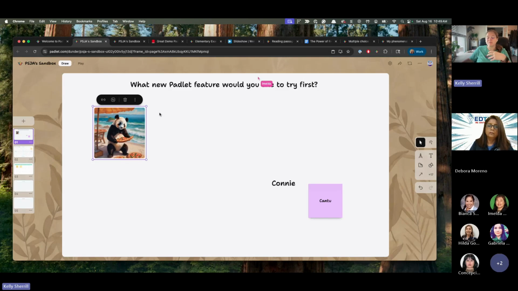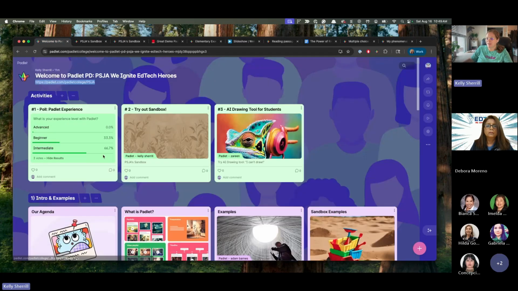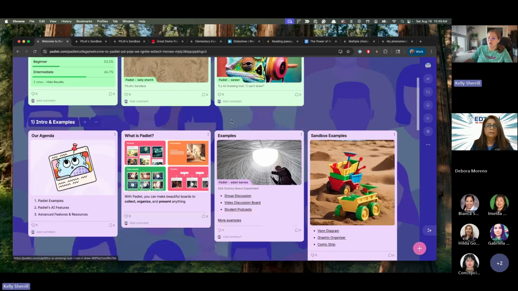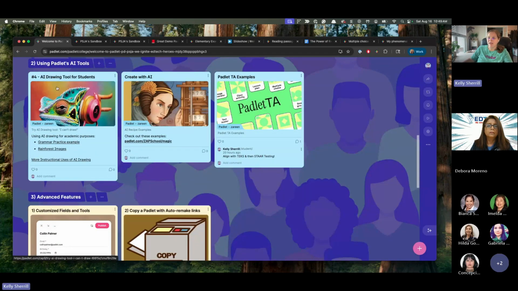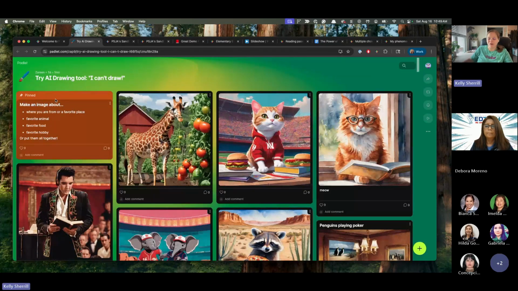We also have some teacher AI, just for teachers, and I'm going to hop into those in just a second. But next we have our last participation activity. It's number 3 here at the top with the chameleon, or it's also down here, AI drawing tools for students. This is a Padlet board that we have been collecting those I can't draw, or what we call AI image, now. Here, if you click on that board, and I will link this board in,